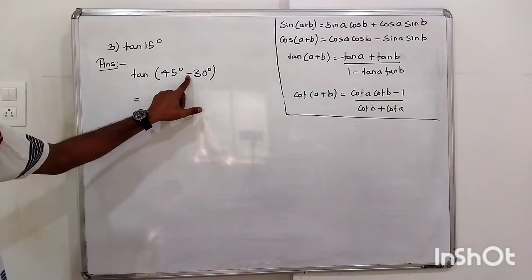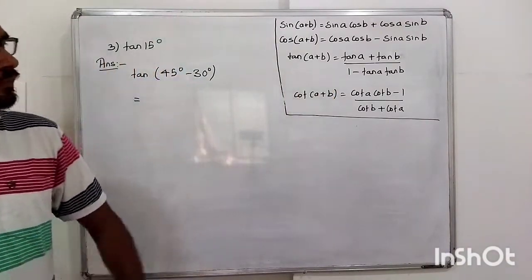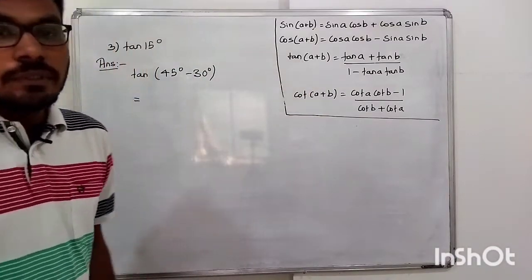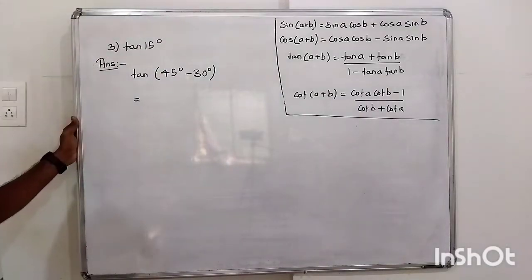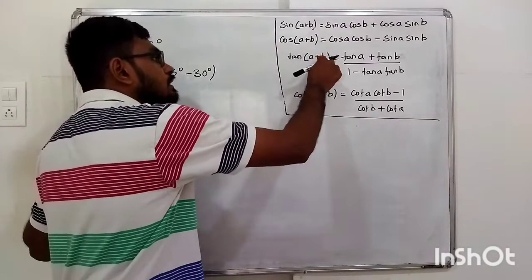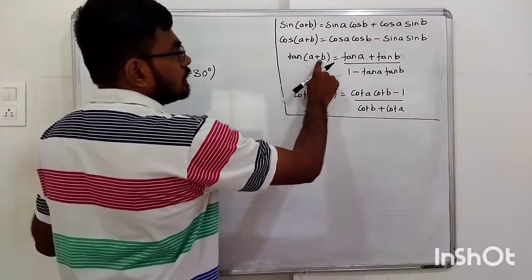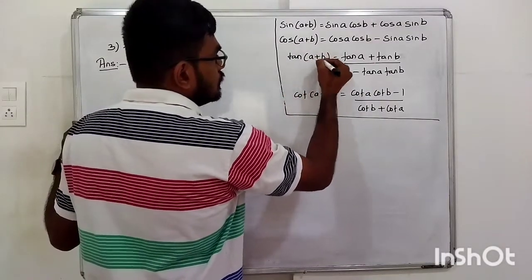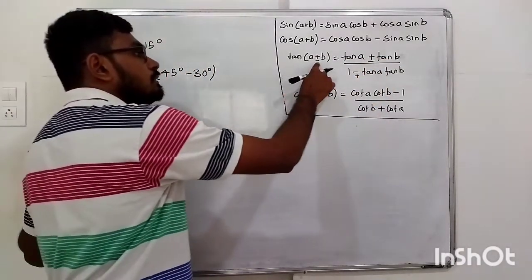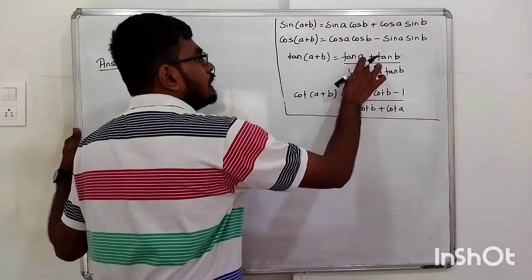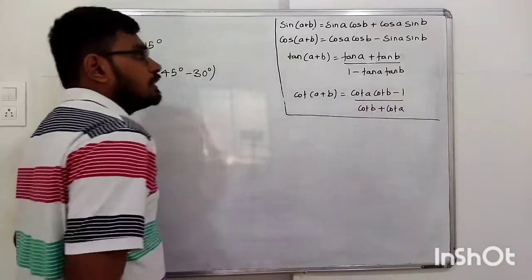Now, here there is minus. So I am using the tan of a minus b formula, but here we have the tan of a plus b formula. If you want to convert, looking at this only, if you want to know the formula for tan of a minus b, just exchange this side, this and this. See, here it is plus, so there I put minus. This is minus, this becomes minus and this becomes plus, remember. Okay, tan of a minus b is tan a minus tan b upon 1 plus tan a tan b.